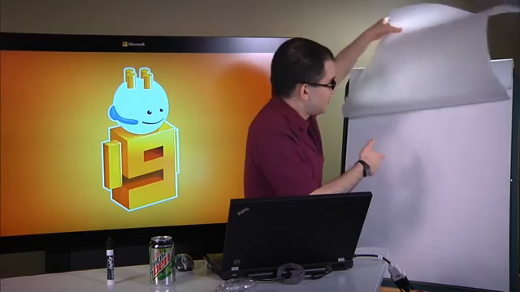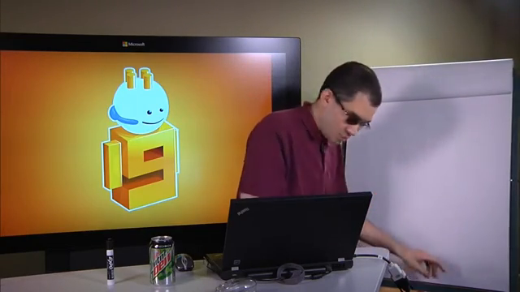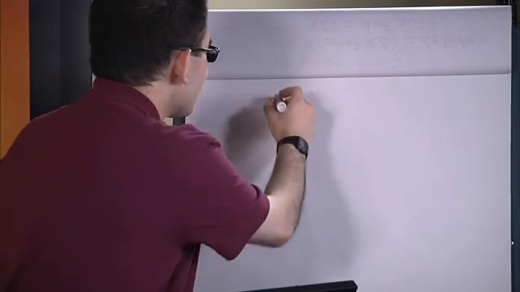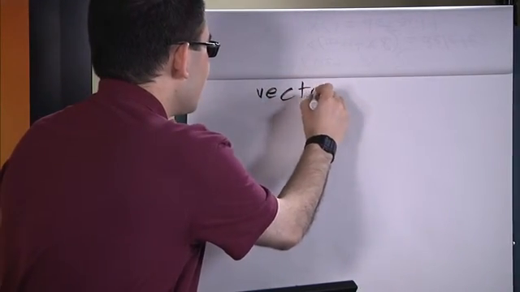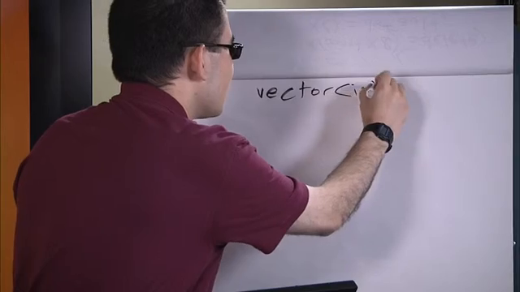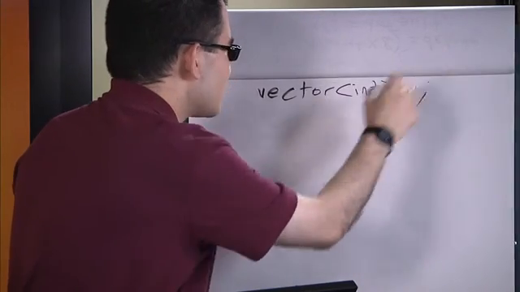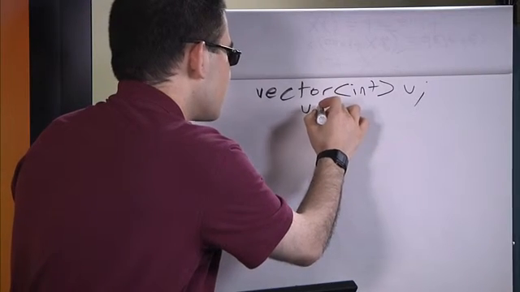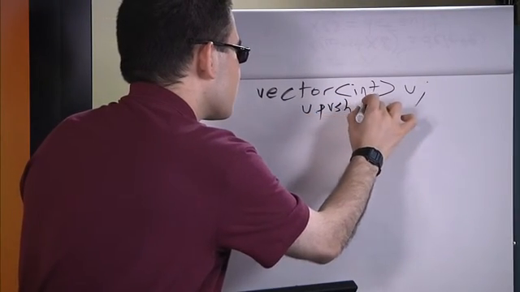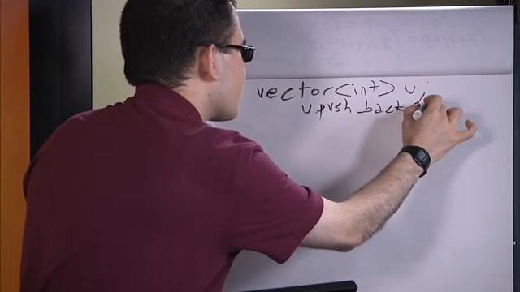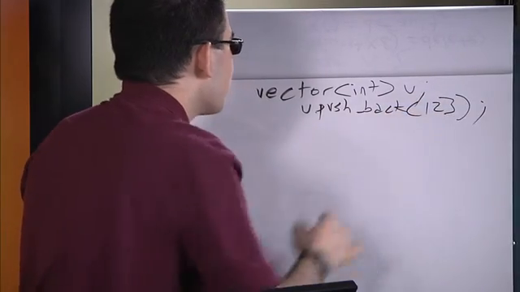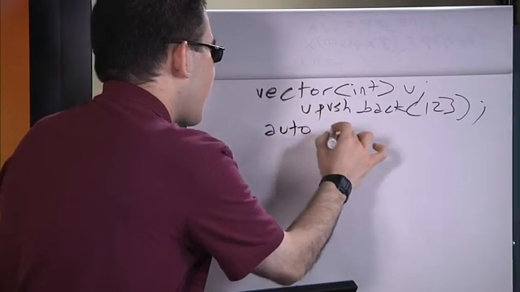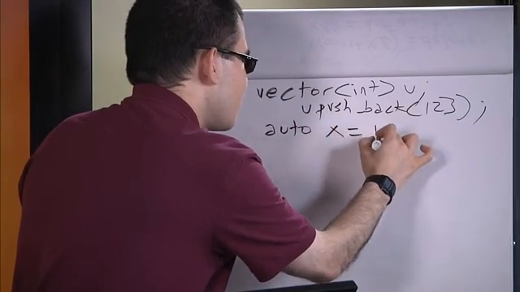Okay, so if I have something like a vector of int v, fill it with stuff. Here, I'll say v.push_back. Okay. If I say something like auto x = v[0],